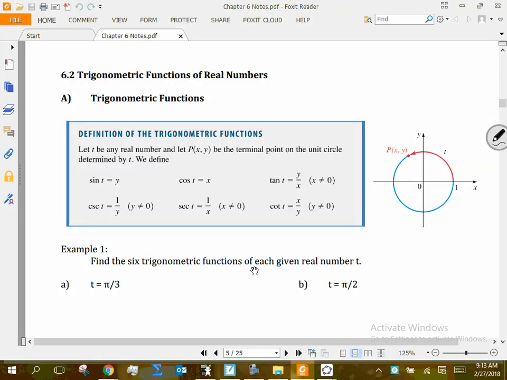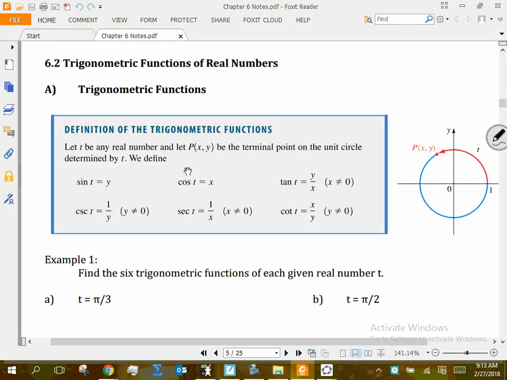Just rehashing what we did yesterday, dealing with the trigonometric functions, remembering that because we're in the unit circle, our radius is 1, right? So if we were to superimpose a right triangle in there, maybe a special right triangle, and deal with the hypotenuse being 1, we're going to be able to find the values of the two legs of the right triangle. And essentially, those two legs are going to provide you your rectangular coordinates for the ordered pairs